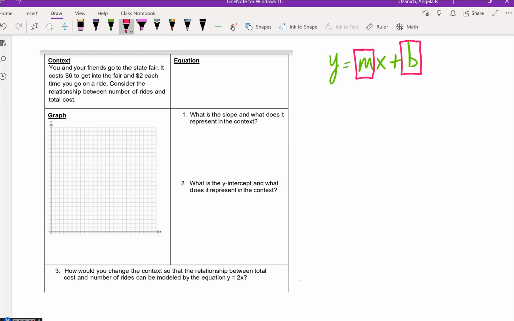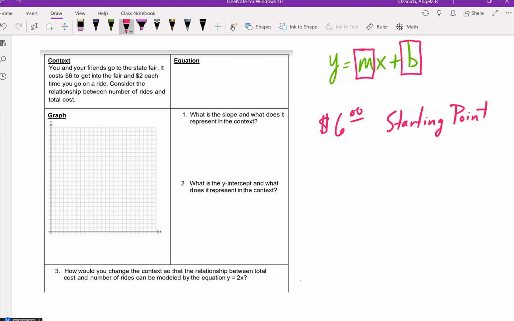So let's read this together, and we'll do this one together, and then there's a different one you can do on your own in your workbook. It says, you and your friends go to the state fair. It costs $6 to get into the fair. That's a one-time fee, right? That's $6. I'm not going to get charged it again once I get into the fair. That seems like a good starting number, right? That's kind of my starting point,